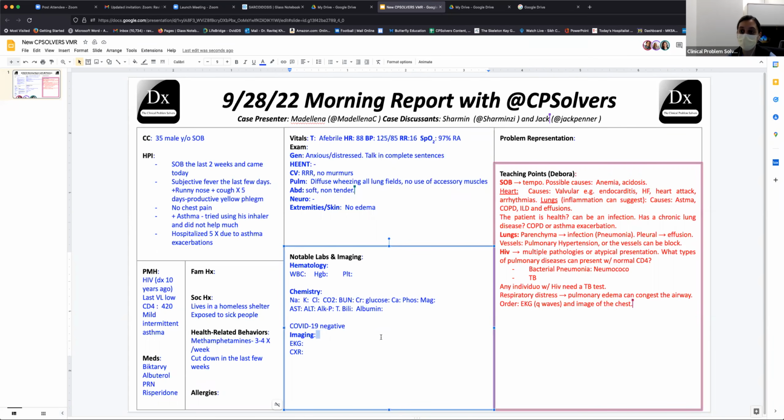But in terms of management, right now the patient's respiratory rate is normal. He's not taking a lot of shallow breaths or using a lot of accessory muscles. He's sitting well on room air. I think in the chat, Alex made a great point about walking the patient. I think that's an excellent idea. The patient is currently at rest. So walking a patient to see if there's any hypoxemia with ambulation is always a good test of the severity of this patient's current presentation.